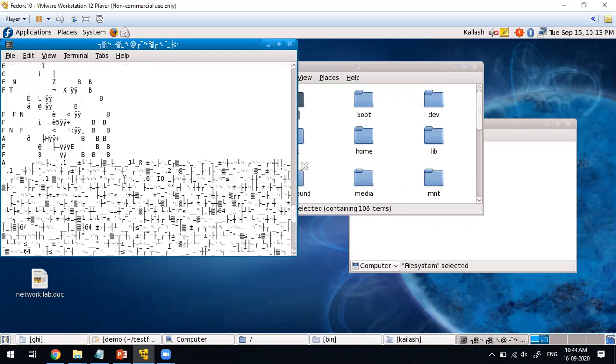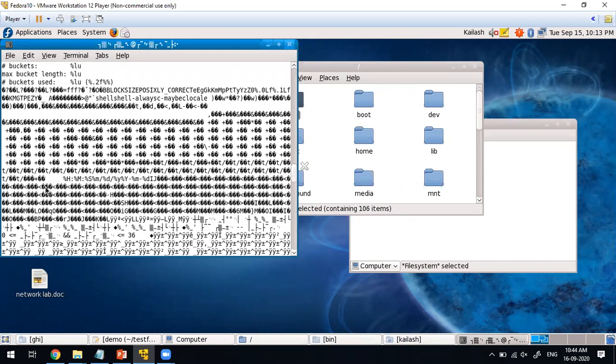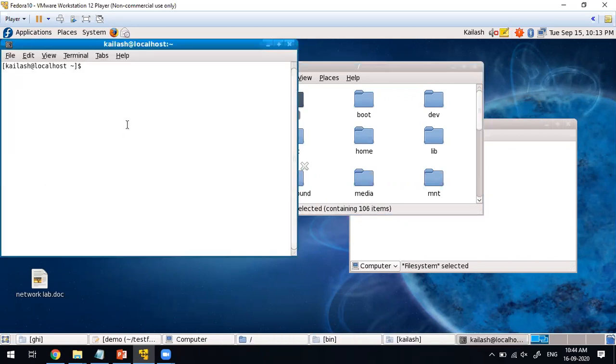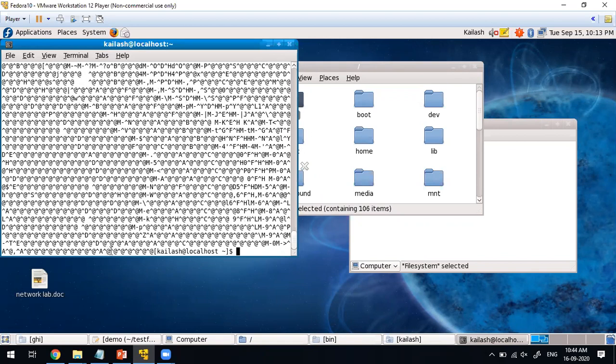You cannot see the output of these files. In that case, what we will do is extract that file with cat -v.